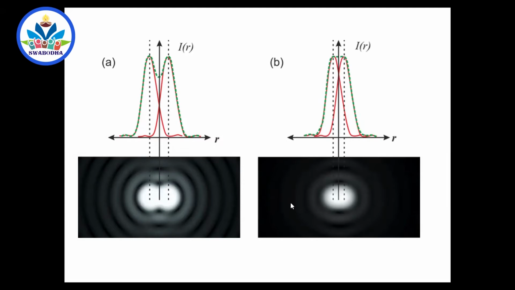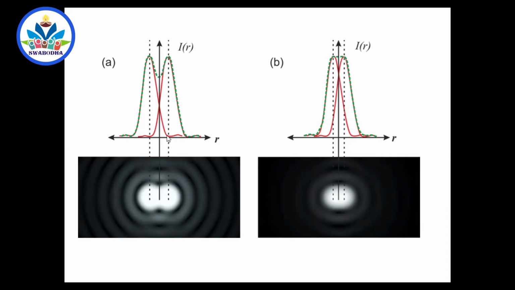What do you mean by just resolved? This is unresolved: when the central maximum of one pattern falls within the first minimum of the other, you see, this central maximum is within the minimum of this one. If the central maximum of one pattern falls exactly on the first minimum of the other, when the brightness goes to dark here, the next bright image falls. At least we can see it is just separated. So two objects are said to be just resolved if the central maximum of one pattern falls on the first minimum of the other. Only those who can follow this, just take it into your brain, that's all.